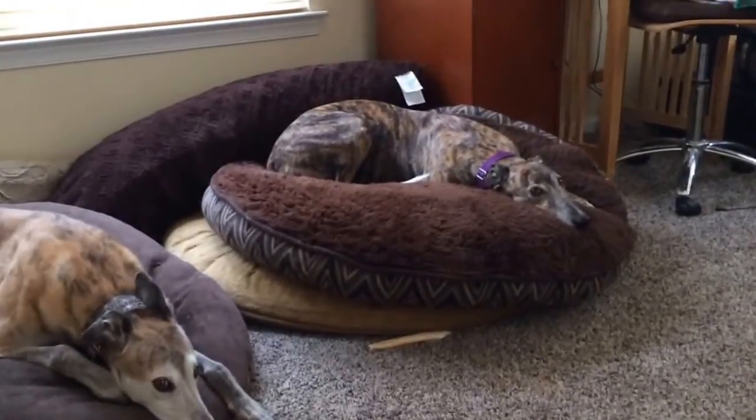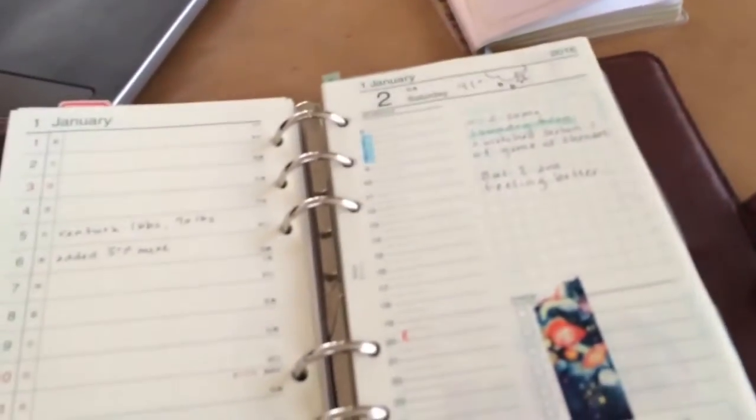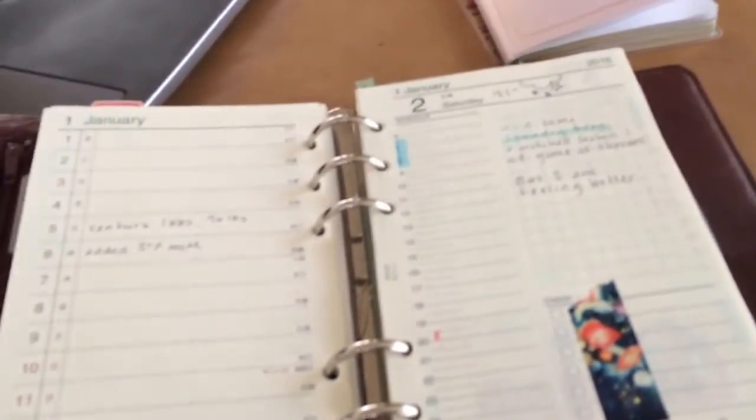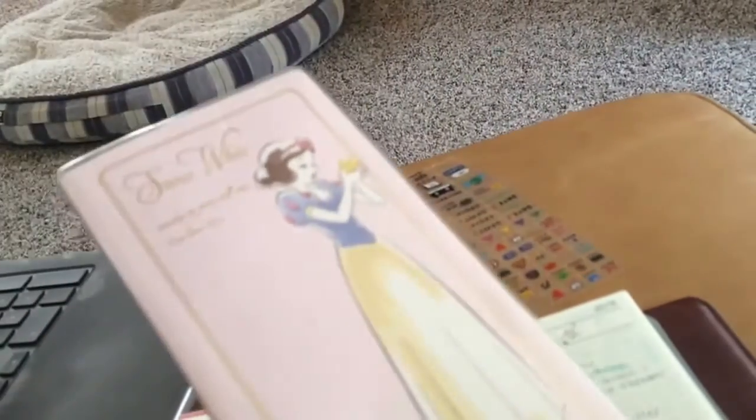I have a few minutes and I thought I would do a January flip through of the personal Filofax sized Rainmaid Da Vinci inserts, because they were new and it's hard to know how things are going, and also how things are going in the Disney Princess monthly insert. Way better than I thought. I may just do all the pages here since